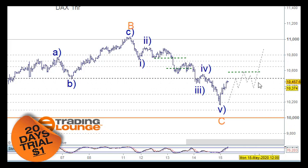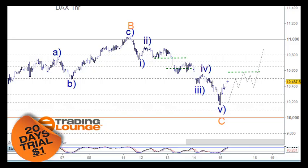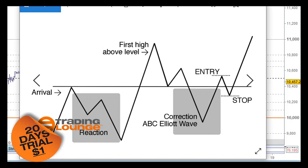I've probably made that a bit bigger than it really has to be there, but you know the general pattern anyway. There's two of them. This is the first one, called the classic trading levels pattern, where we have the arrival, the reaction, the first high above the level, then the ABC correction, and then taking out these tops here or just getting support back over here